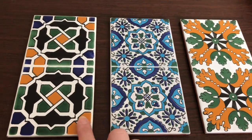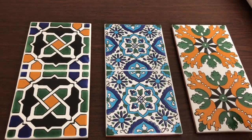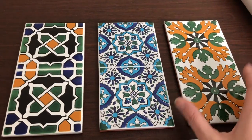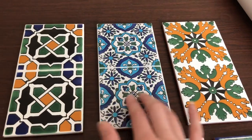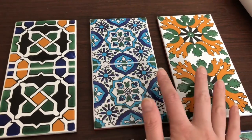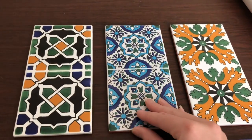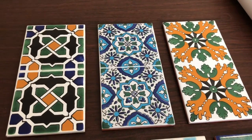And then I thought these colors all together kind of felt like the colors that we have in our house, the tiles we have, but also kind of a different style, the ones we were really interested in. So we bought a combination of 11 square meters of these 3 tiles, and we're taking them with us. They're gonna kind of travel the world until we go back to the United States and we decide to